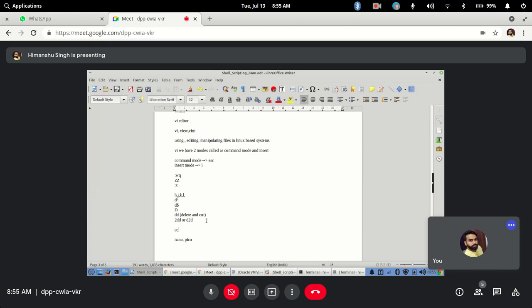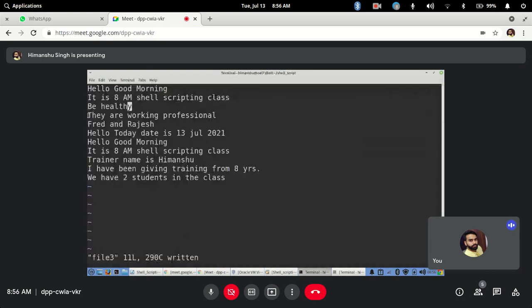It's like removing the content of the line and taking you to insert mode, 2 things it is doing together. DD was just deleting the line, but if I want to replace or rewrite the line, I will use the CC command. Got it? Any doubts?